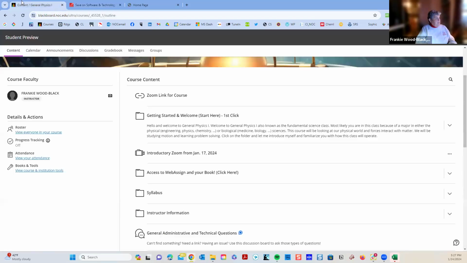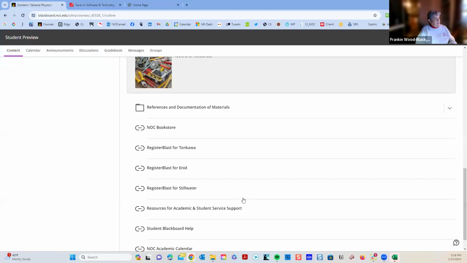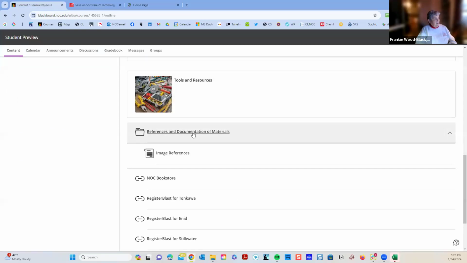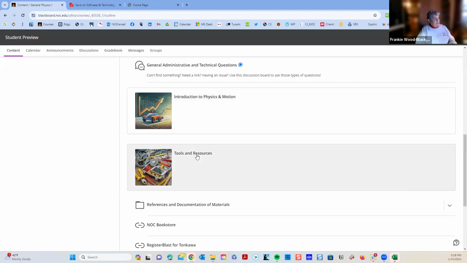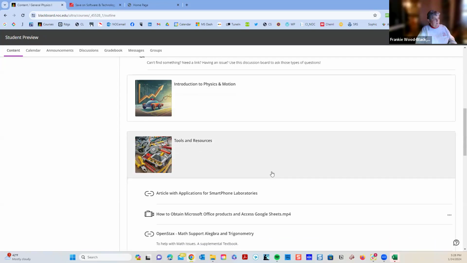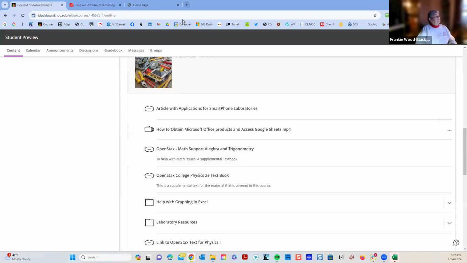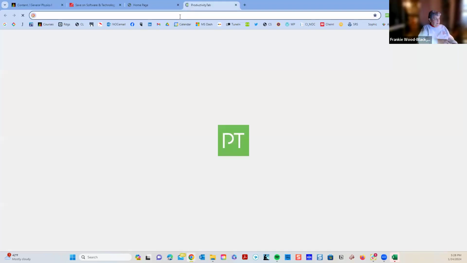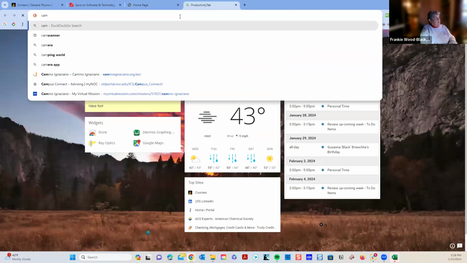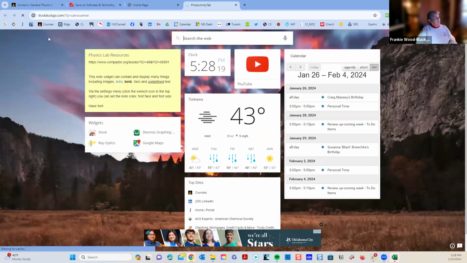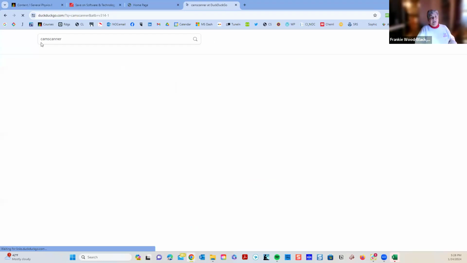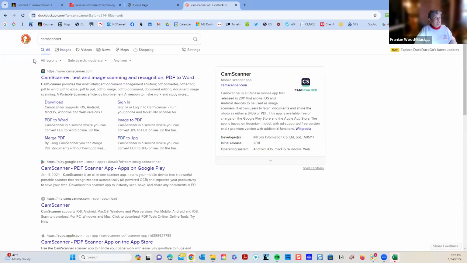And it just occurred to me that you probably don't have another tool. Okay, I want to make sure that tool is there. If not, I will post it after class. It is not. So I am going to do a search, because this is another really cool tool that you guys are going to want to use. I've been using the CamScanner app since like 2010. So I've been using it for a long time. And it's under CamScanner.